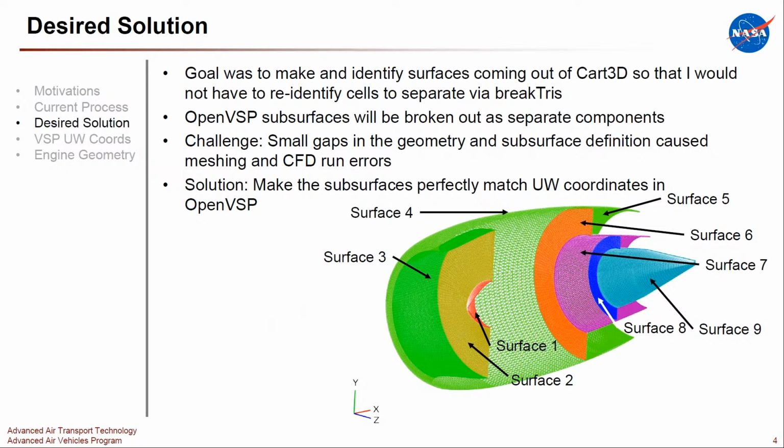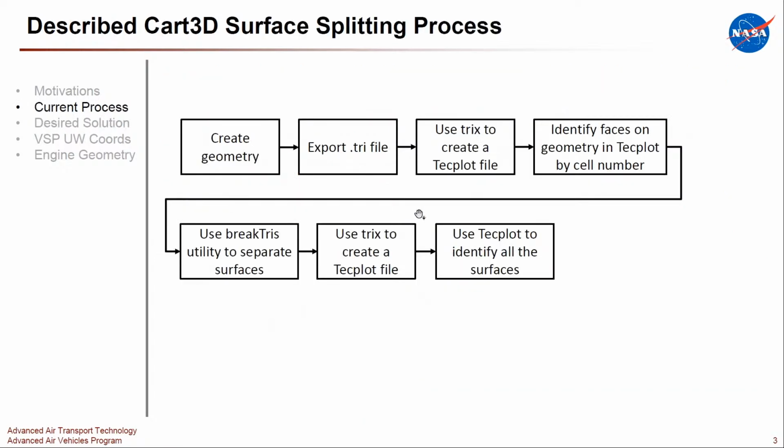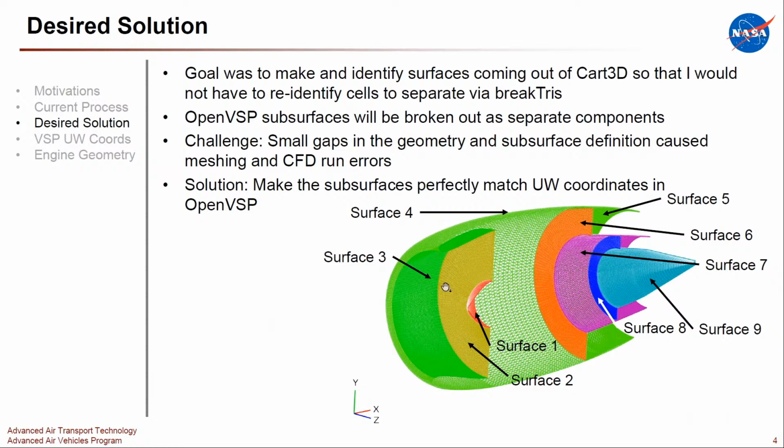And when I first started this, I had these really small gaps because I would say, hey, look, I want a subsurface right along this inlet geometry here. But based on where my components were in the UV space, they wouldn't line up perfectly. So, for example, if my UV cross sections were every third, if I had cross sections 0, 1, 2, 3, my cross sections UV-wise would be at 0,